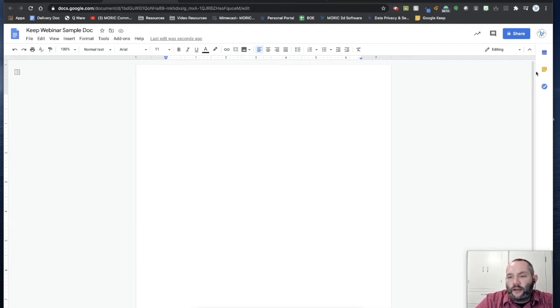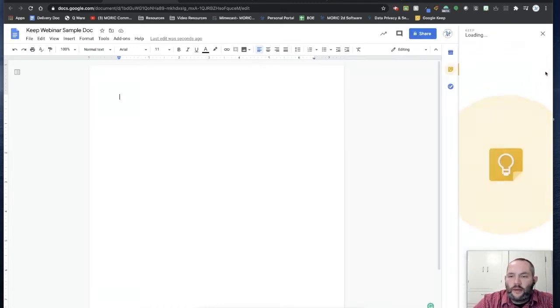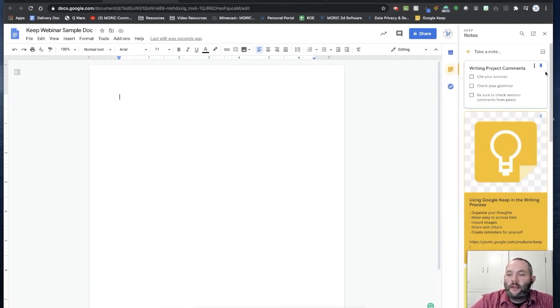On the right-hand side of the screen, when you're in Google Docs, you have this sidebar with Google Calendar, Google Keep, Tasks. You may see a couple of other ones depending on what your G Suite administrator has done with your domain. But if I click on Google Keep, now this sidebar kind of expands, and you'll see my notes in Google Keep now appear here in my Google Doc. To get these notes and use them in my doc, I can do a couple of different things.